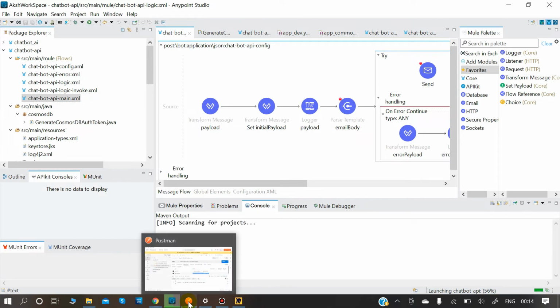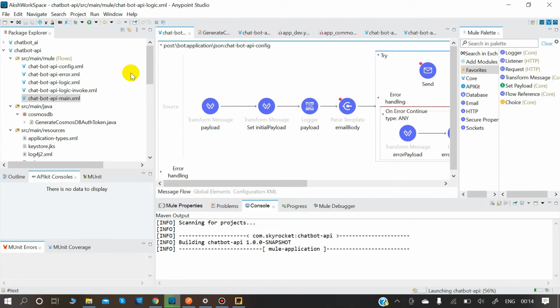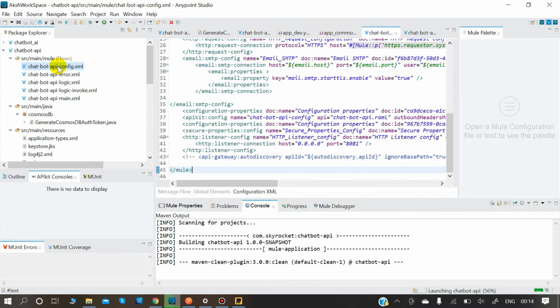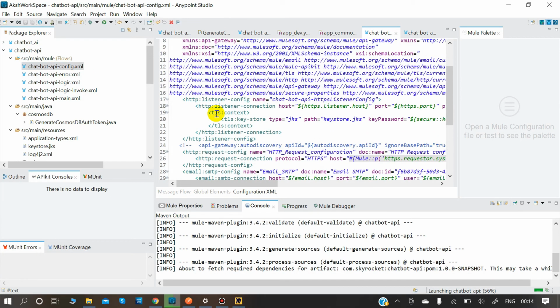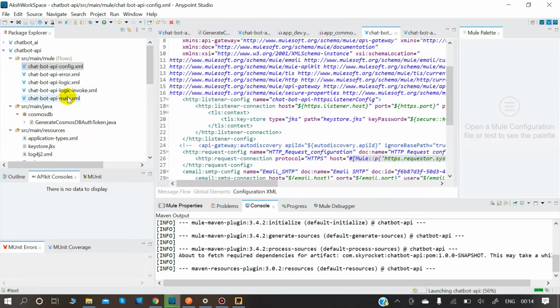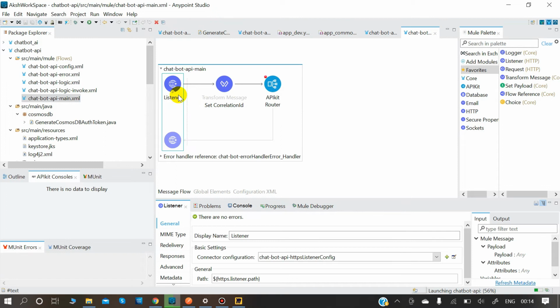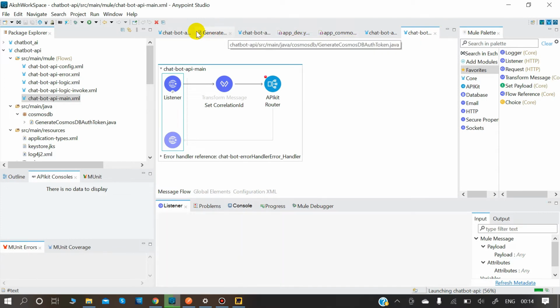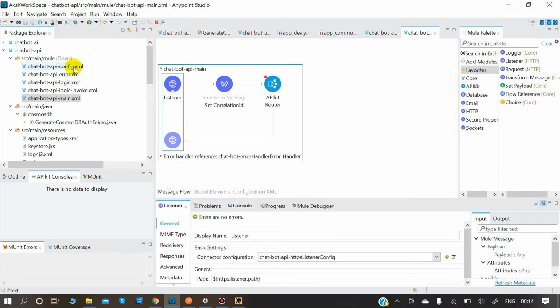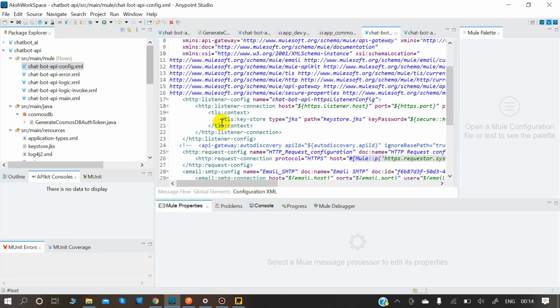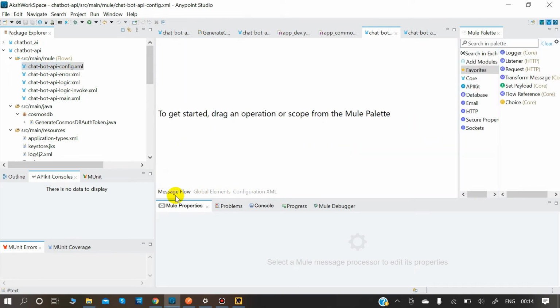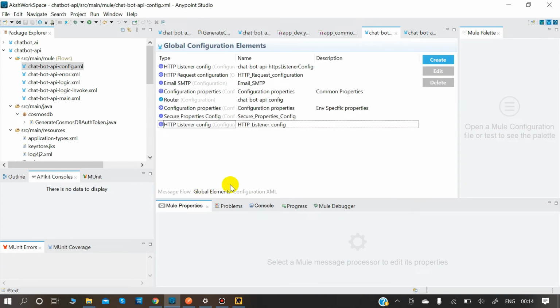Till then, let me check what configuration it has here in config. Okay, for HTTP main, I need to go to main listener. It's HTTPS listener config, right? So HTTPS listener config, need to come to config here.